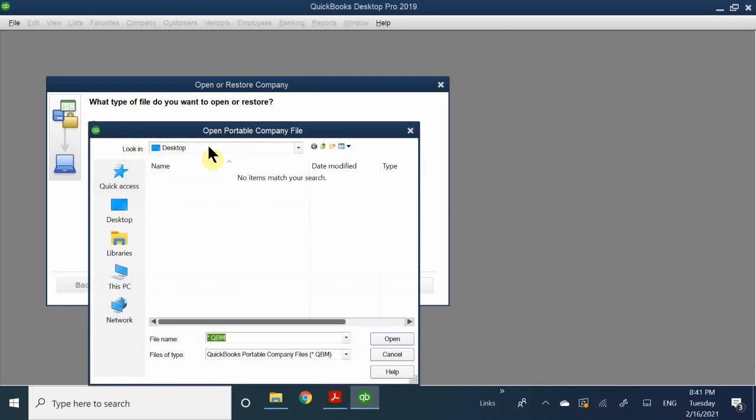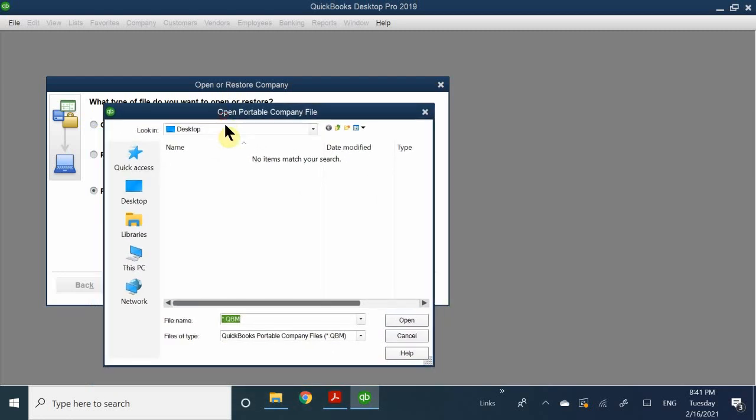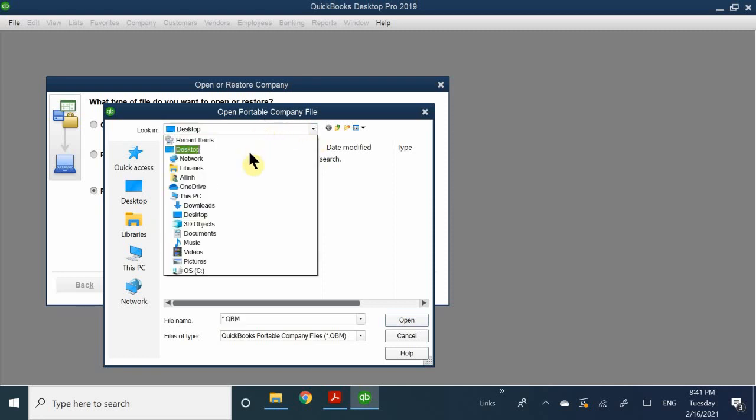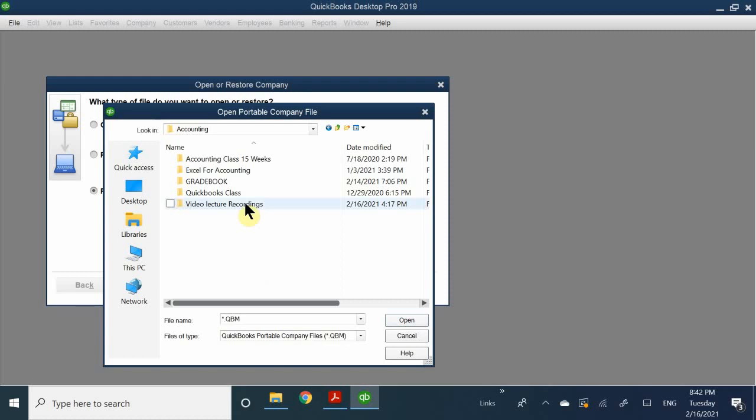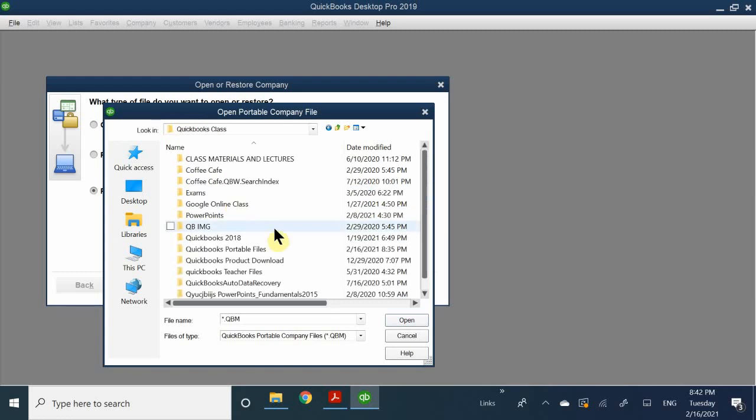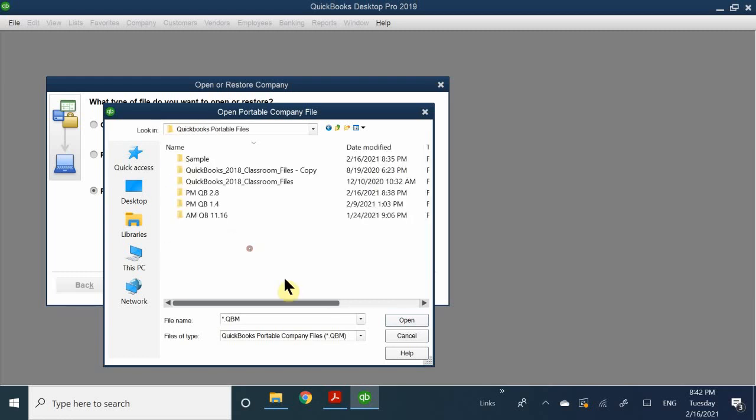Now what's going to happen is it's going to give you this little window that's going to ask you to locate the file that we're looking for. In this case, we're going to go to this little triangle here, drop down that menu, and locate our student portable file. I've located it. It's going to be in my LVPTA folder, Accounting QuickBooks class. Then I'm going to click that student portable files, and take a look at that Fundamentals QuickBooks Student